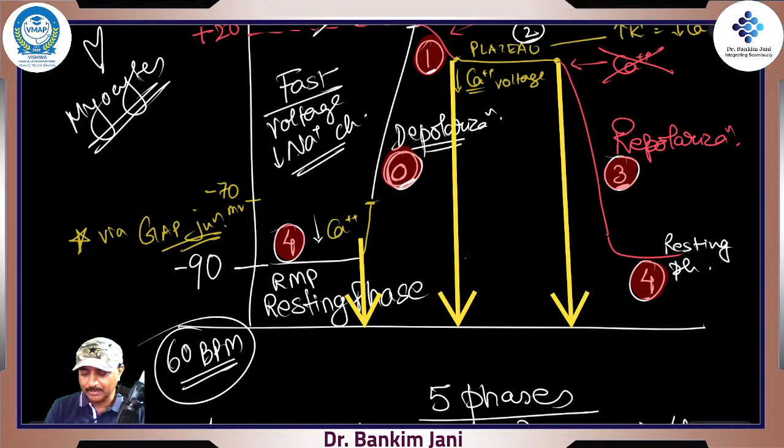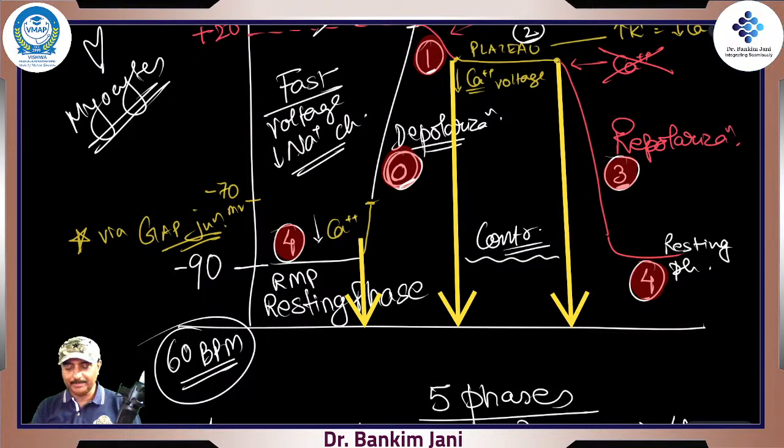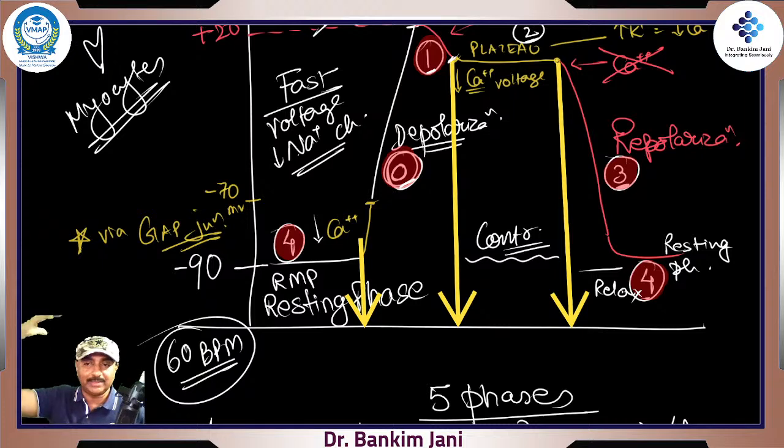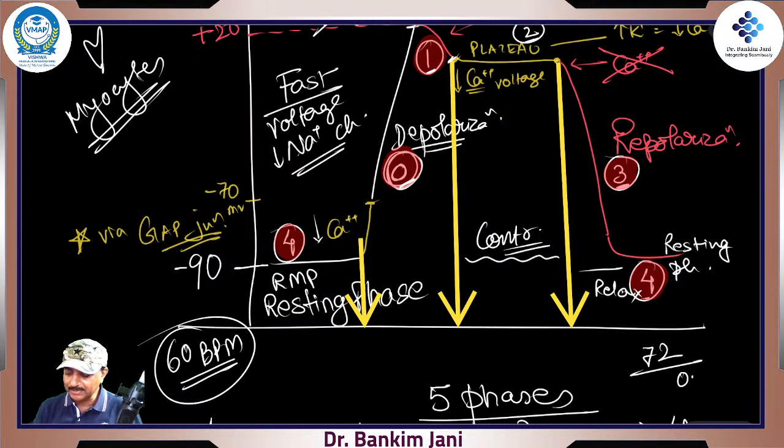This is when the contraction occurs, and the rest of the time is the relaxation, when the heart relaxes, so that it is ready for the next contraction. In 1 second, the entire process is complete. That's the reason these sodium channels and calcium channels act quickly: when the calcium enters, the plateau leads to contraction, all within 1 second. If the heart rate is 72, it takes just 0.8 seconds to complete this entire cycle.